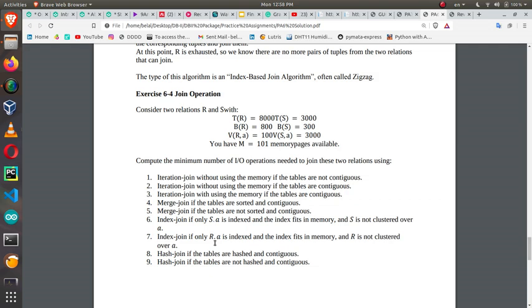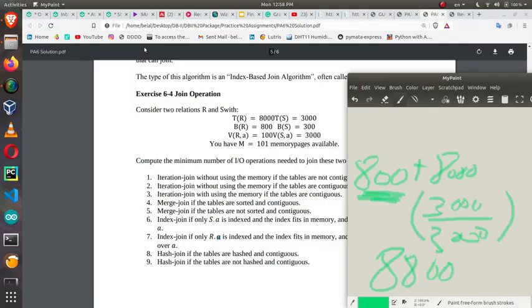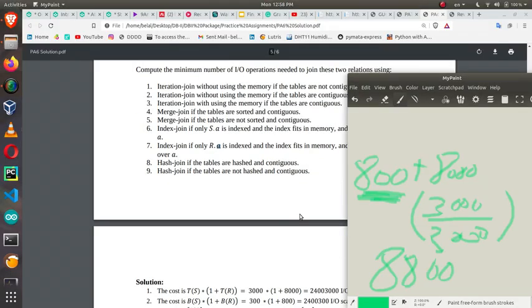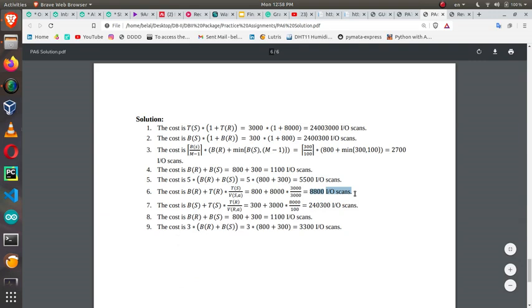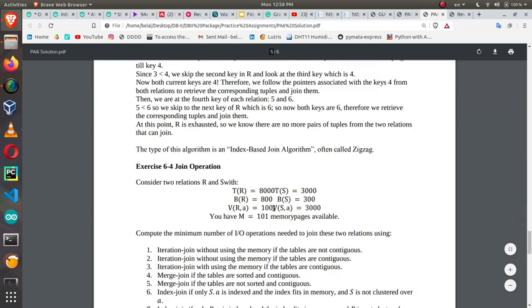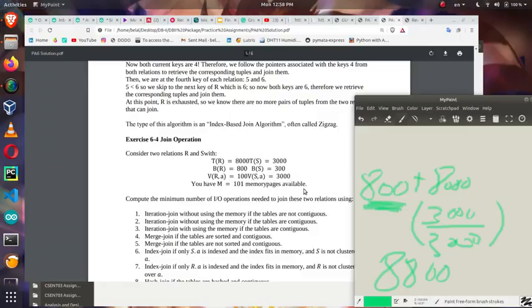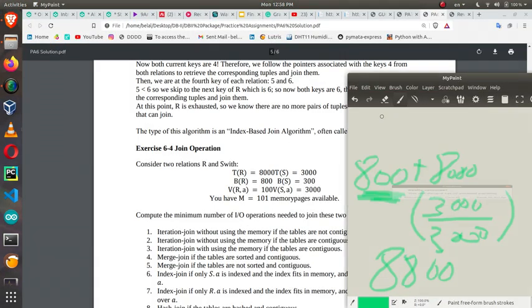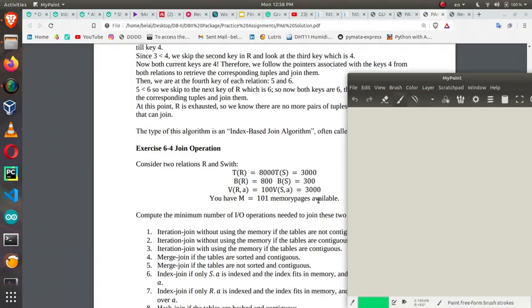The answer is 8800. And let's do the opposite: create an index for relation R instead. We have an index for relation R, so we have to load relation S in memory, and S has 300 blocks, so this costs us 300 IOs plus